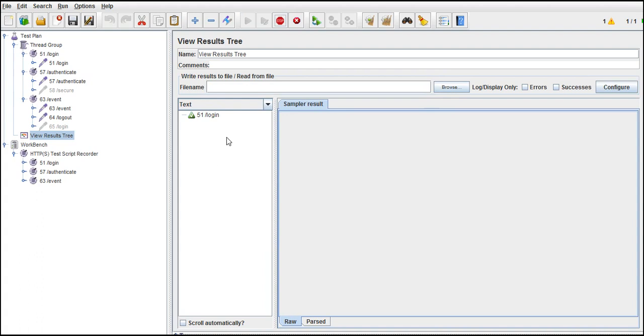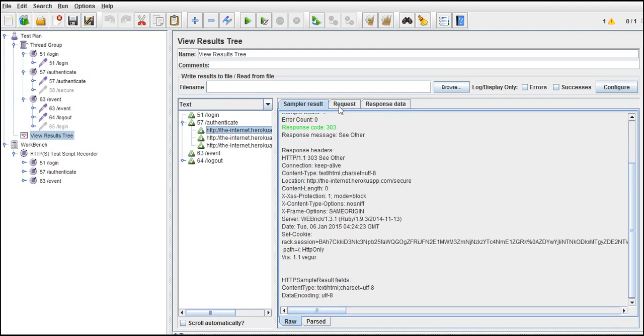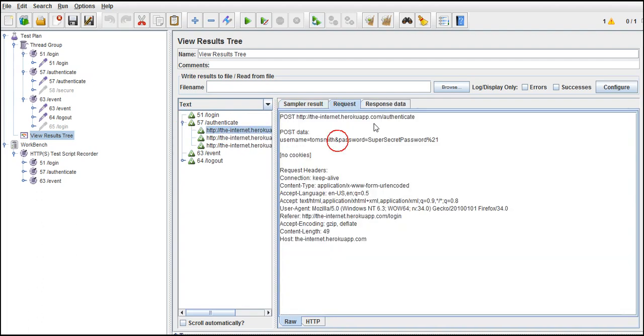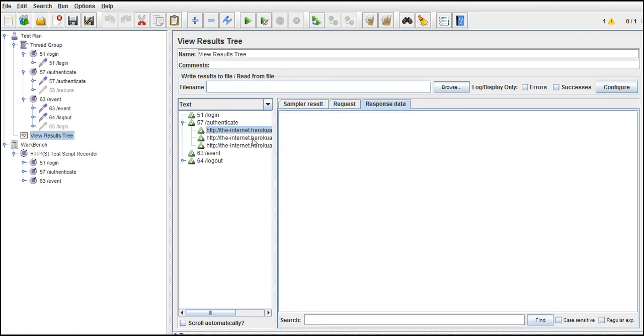Okay, yep, it's running now. Login, authenticate, event, logout. But once again, don't just estimate by seeing green ticks that your script ran successfully. You cannot know unless you go and check what response you got. So here this is the request, username and password, and